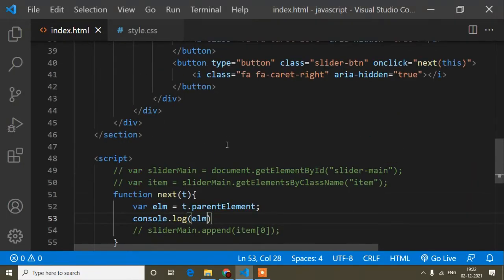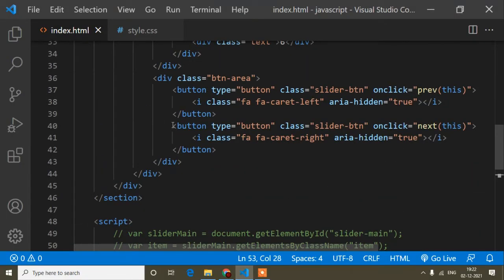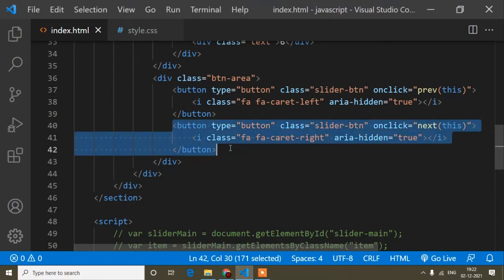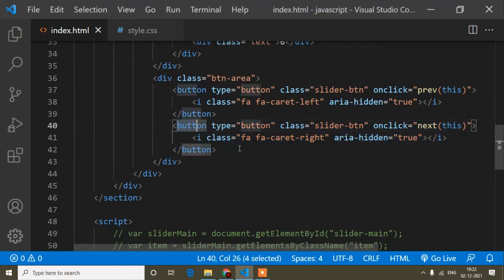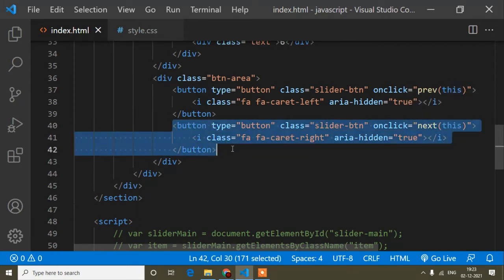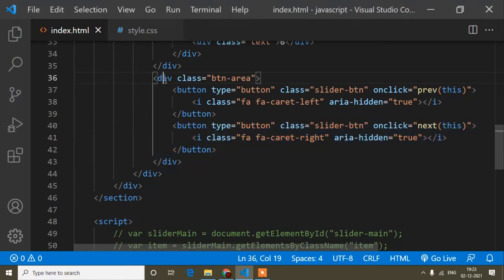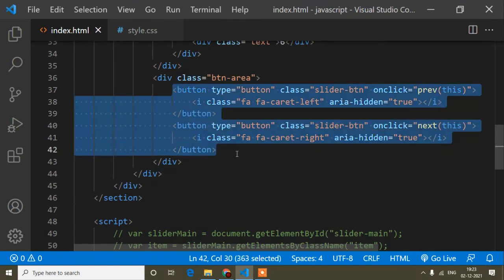Parent means what? First of all, now just understand properly because that is the main thing. When I'm clicking this button, I'm getting this button using this variable. So this button's parent is this one, because you can see this is the parent div, and inside this parent div I have the two buttons, right?